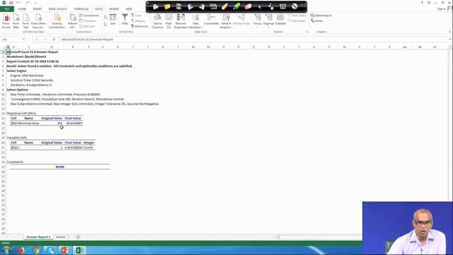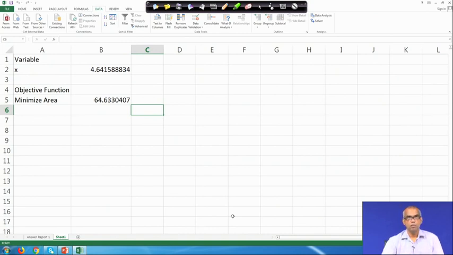So, 1 plus 200 equal to 201, and the final value is 64.6. The solver was GRG Nonlinear, solution time 0.016 seconds, 4 iterations were required. So, there is various information about the solution procedure under answer reports. This is how you can use Excel Solver for solution of an unconstrained optimization problem.